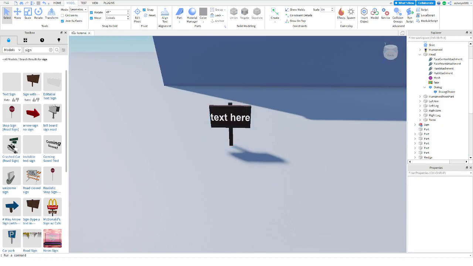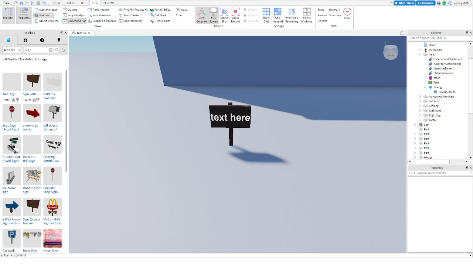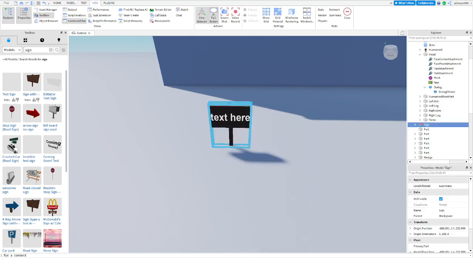Well, for this you're going to have your properties open. Remember, like I said before, you click on properties there. So you want to select this, make sure you don't go down to sign and select a random part. That's not what you want. Select sign, click the arrow going down,